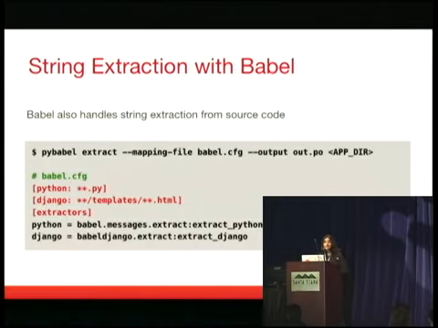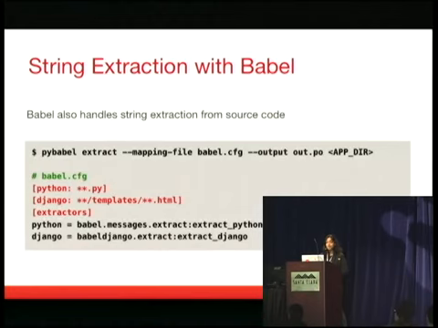This mapping file is essentially a list of file extensions, and it maps each to a particular extraction function that Babel provides. You can see here my Python files are mapped to the extract Python function in Babel. And it will statically run through all the files and execute that function whenever it encounters a gettext string. Also, if you notice here, I haven't shown the JavaScript extension,